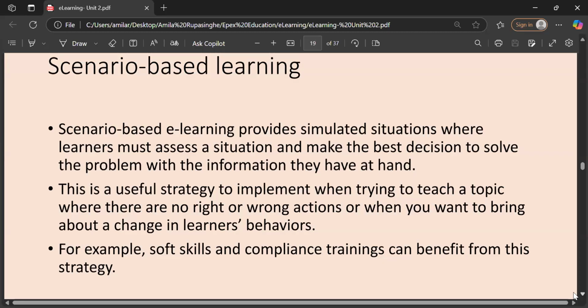We need an answer for the problem. We just create a simulated situation and ask children to give the solution for this problematic situation, right? Then they will learn through that. They will change their behavior, right?